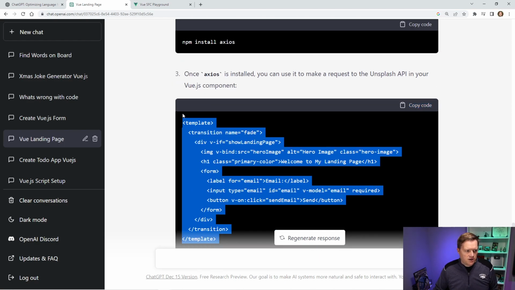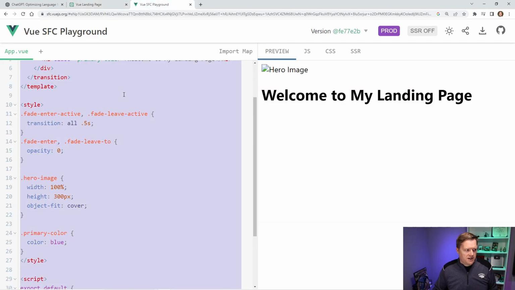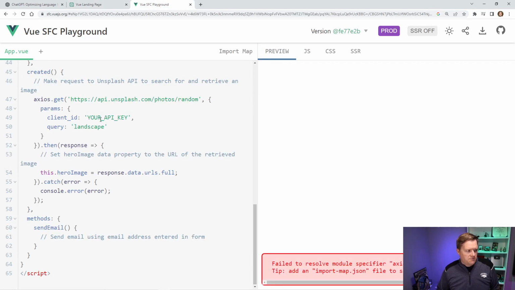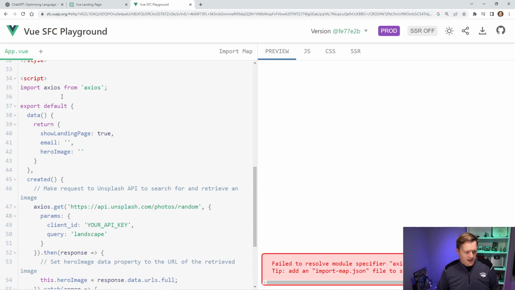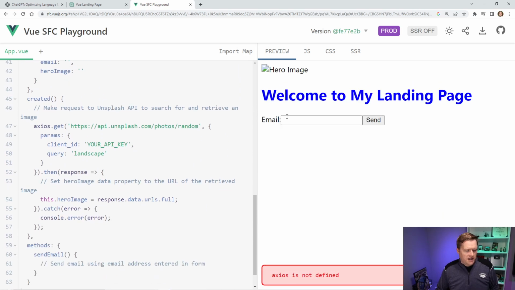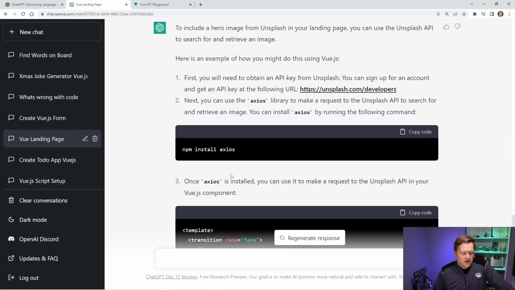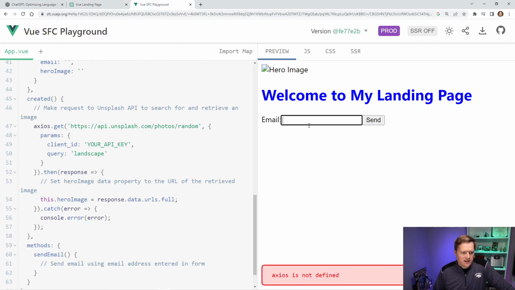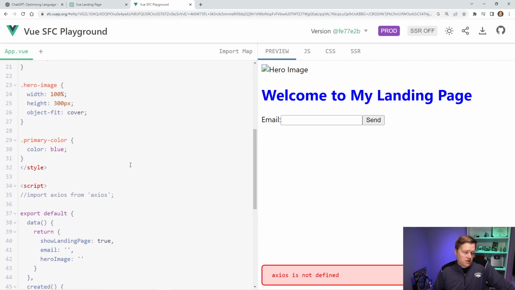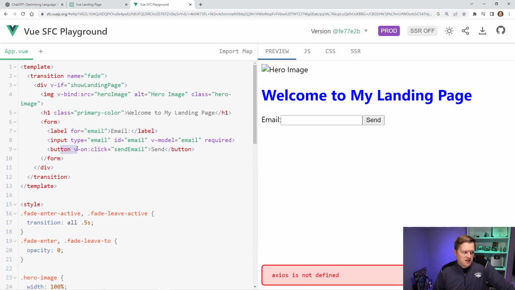It basically is the same code again. We go back to the playground, except this time it's grabbing this from Axios. So if I just comment that out, and it added an email. So one other thing it thought it should do was add in a little more interaction. So it added this email input, which I thought was kind of useless. But looking at the code, it uses a v-on. Once again, it didn't use the @ sign, so obviously if this was like this, which would do the same thing. So that's a little bit nitpicky.